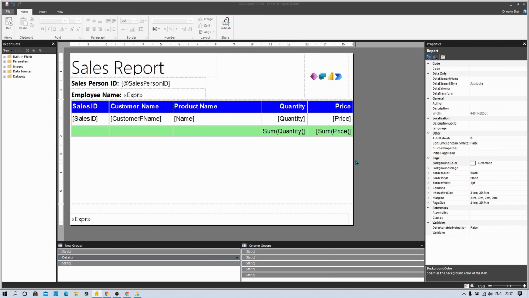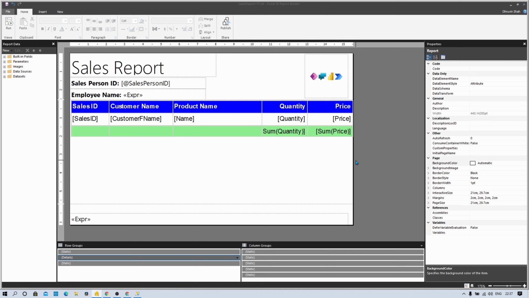Here I am on my machine and here you can see the paginated report that we have built in our earlier session. If you haven't visited my earlier sessions, the links are always down below in the description box. So make sure that you check the entire series from starting and connecting data source to building the report.